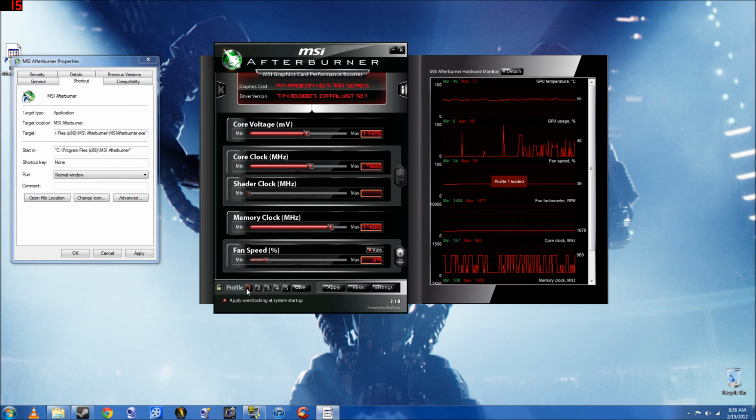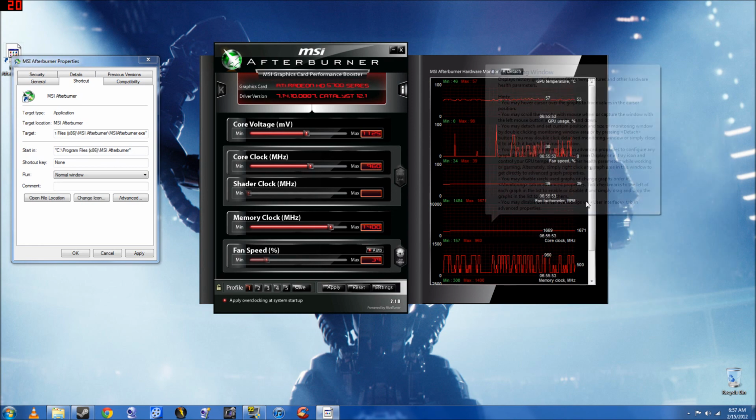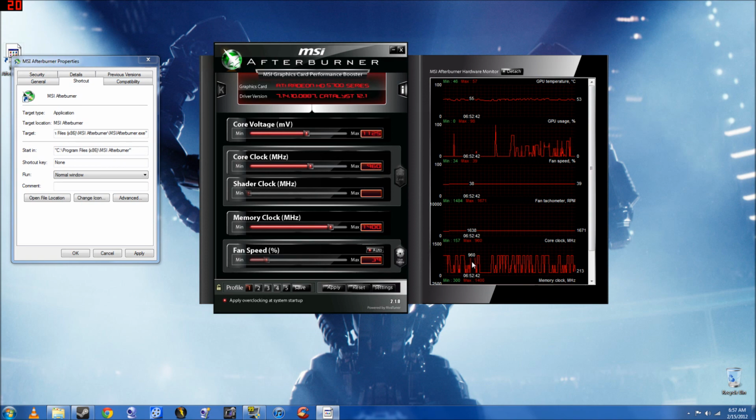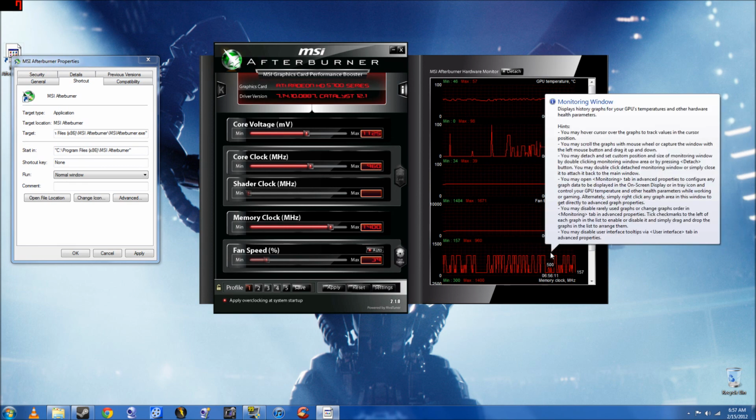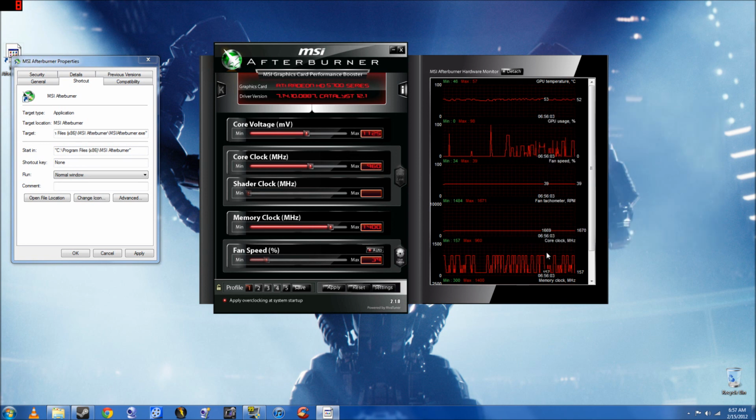But anyways, just make sure that everything is all good, and you can even check your temperature over here. It has neat temperature monitoring, so you can monitor your temperature over here on the side, and you can also check your fan speed and GPU usage. This is GPU usage, fan speed, and then the core clock over here to see how much graphics you're actually using. The reason it's going through the roof is probably because I'm using Fraps. But this is a pretty nifty program, and this is pretty much overclocking 101